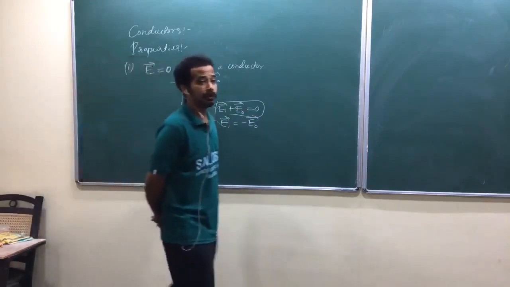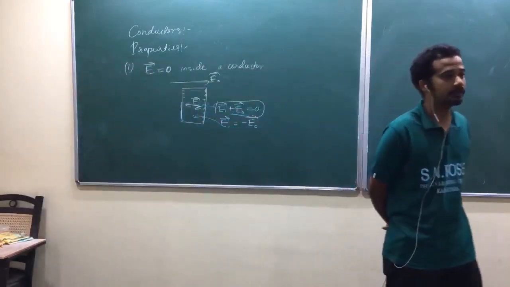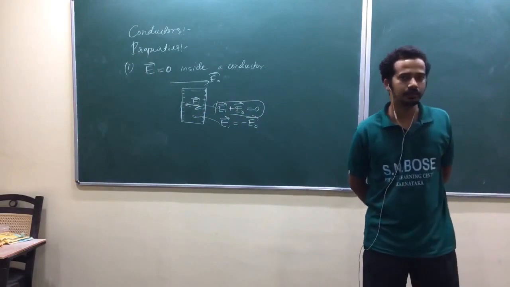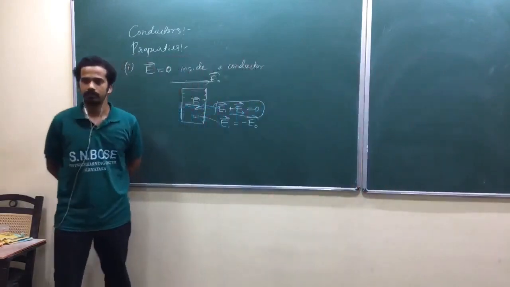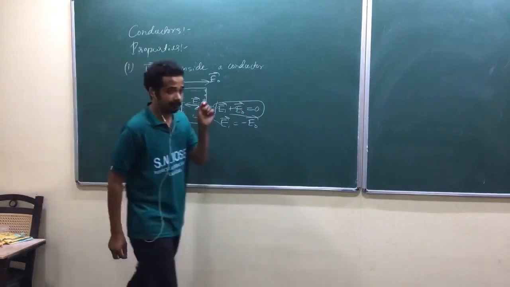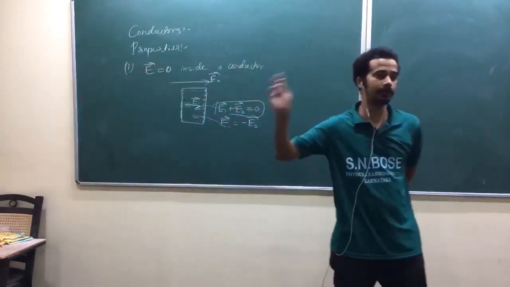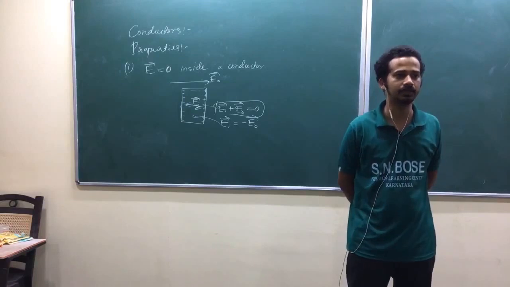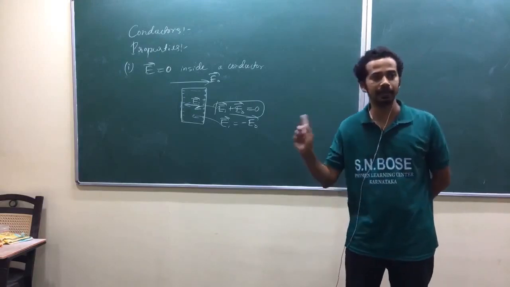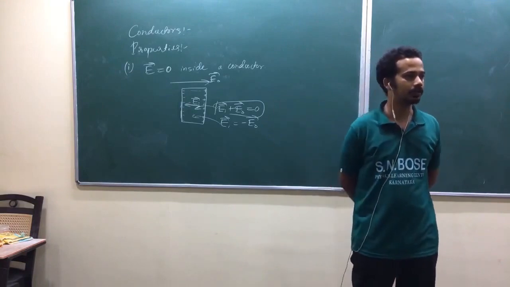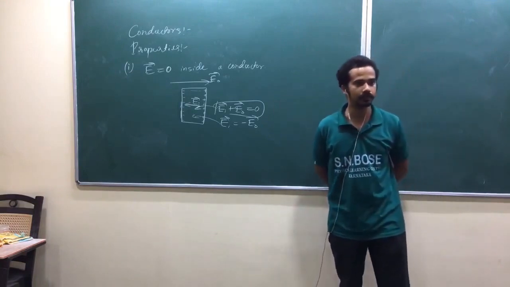And the whole process is instantaneous. That's very important. Charges will not take much time to move around. For a perfect conductor, they will not take much time. It will happen very instantaneously. We shall discuss this time parameter again in the electromagnetic waves chapter. That also does matter.